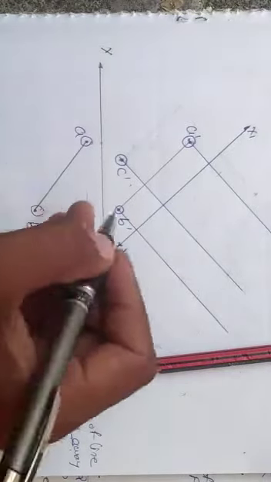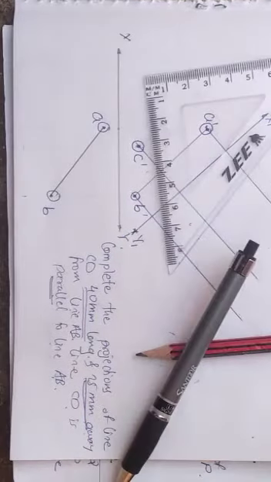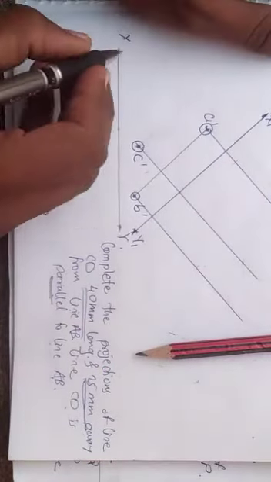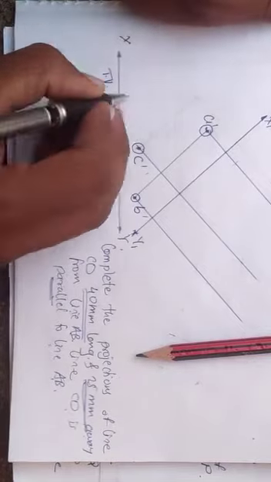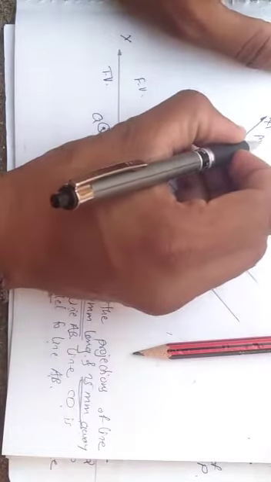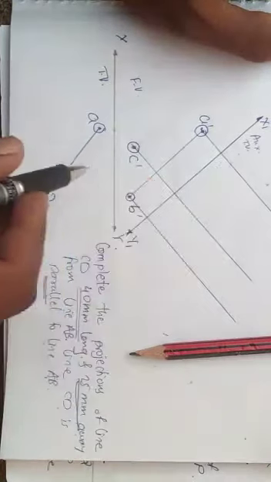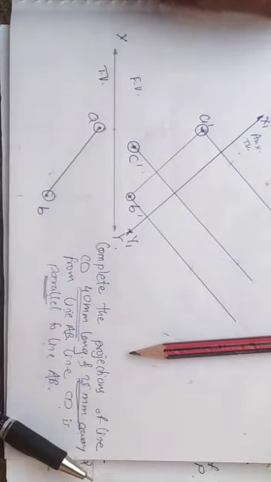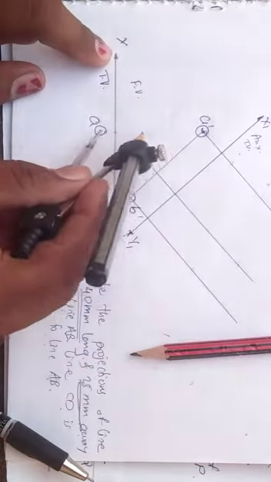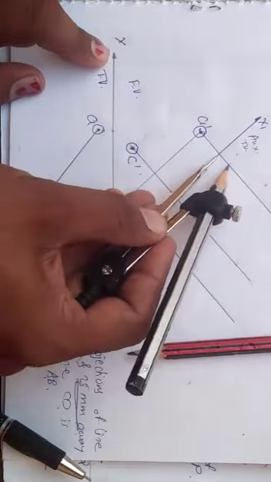Now marking the distances. Prior to that, name the views. So this is the top view, after the top view this is the front view, and after the front view this is the auxiliary top view. We are going to draw the auxiliary top view, hence we will take the distances from the top view. Take the distance of point A and mark it on the projector of A.